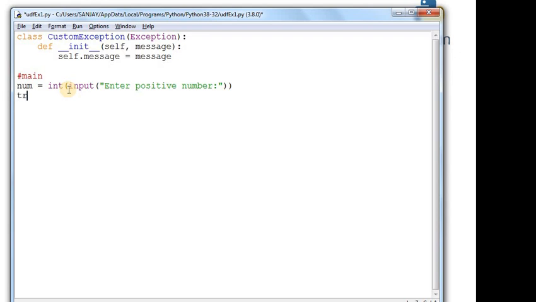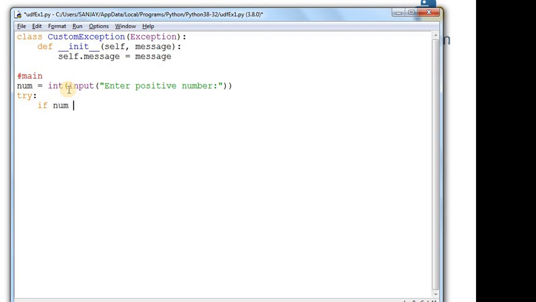So let us write down our try and except block. So try. Now one more thing you need to remember, that if you are designing your own custom exceptions, you need to raise them explicitly by using the raise statement which we just seen. And to use this raise statement, first you need to test some condition and then you can raise this. So let us have one condition, if